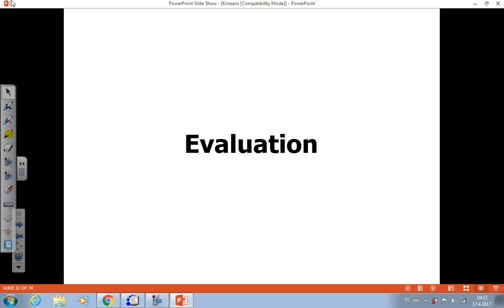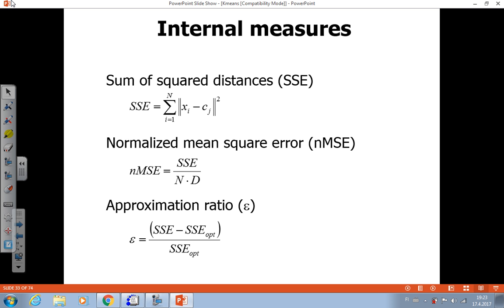Okay, after this quite lengthy introduction to the datasets and their properties, let's study now how well k-means performs. Okay, still I need some measures. So I keep recording this kind of measure, sum of squared distances. So this is the basic measure, and then normalized mean square error. This is just a variation of the SSE, so that we take the mean square error by dividing by the number of data points, and we normalize it by the number of attributes.